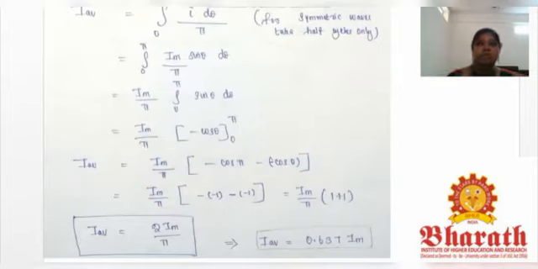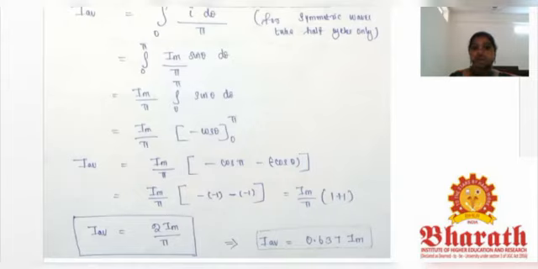So now I am going to integrate only from 0 to pi of i d theta divided by pi. The integration from 0 to pi is only for the positive half cycle. The area under the curve is your current value, divided by your time period, which is pi, only for one half cycle. So 0 to pi of i d theta. Now I am going to integrate this from 0 to pi.